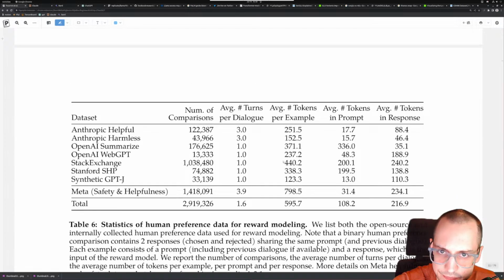Reward modeling. Number of comparisons. Average number of tokens. Average number of tokens in the response. So their safety and helpfulness data set seems to be pretty much bigger than pretty much all the other safety and helpful data sets. You see Anthropic here, 100K size, 100K size as well for the OpenAI, and then Meta kind of top in the charts here with over 1.5 million comparisons. Much bigger tokens as well. You see each example has more tokens,